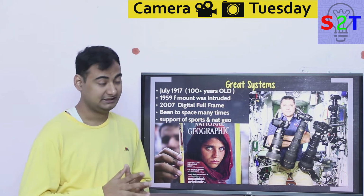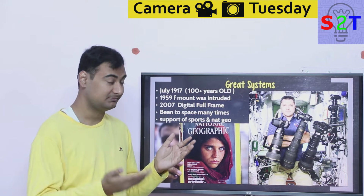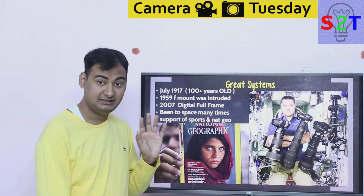Now here's the problem with that. Again, in other slides it will make more sense. It was a bit behind schedule. They introduced digital, they introduced their lens mount. They have been around for 100 years, and they did